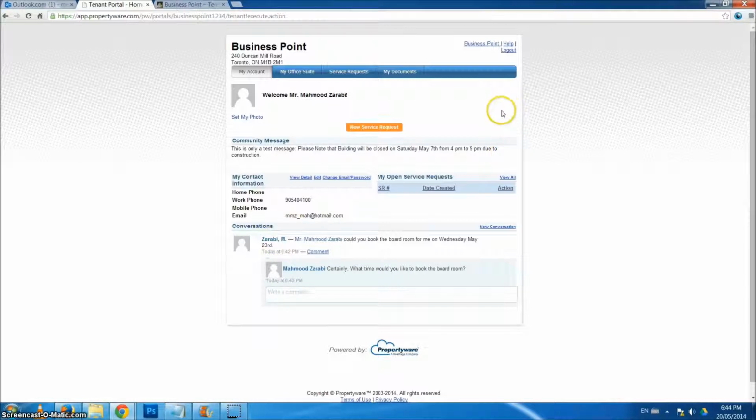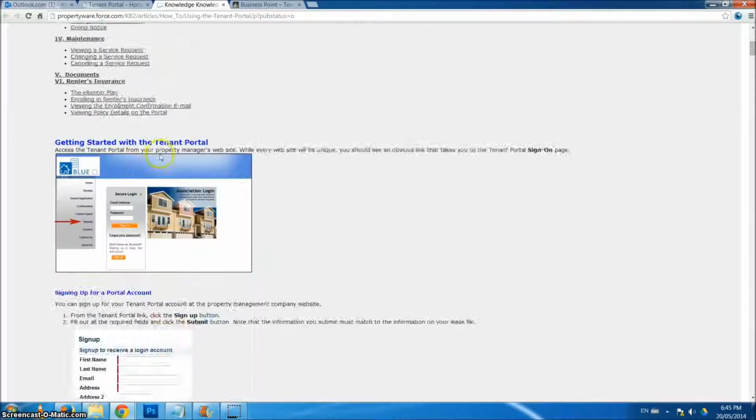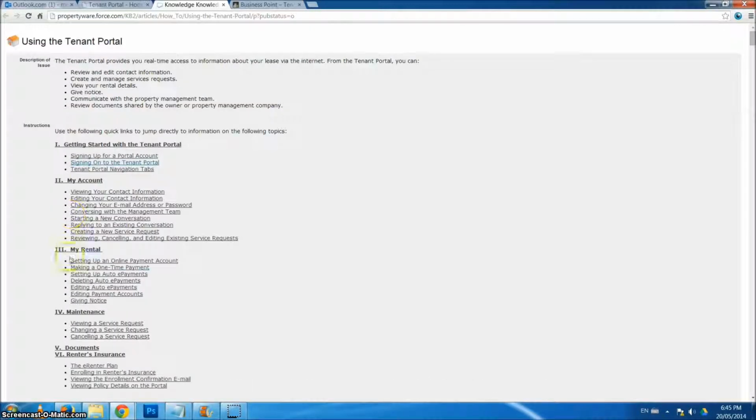I would also like to bring to your attention, on the home page once you log in, a link to a help button. If you forget any particular item or if you need more help in regards to utilizing your tenant portal, a very comprehensive knowledge base has been developed for you, with how-tos, and you can easily access them if you have any questions. Alternatively, of course, you can refer to your on-site staff and they'll be happy to help you out with any